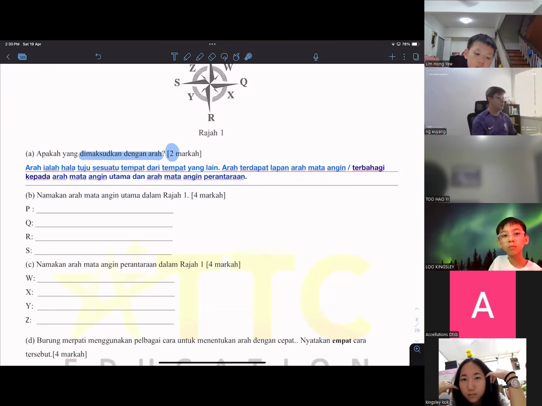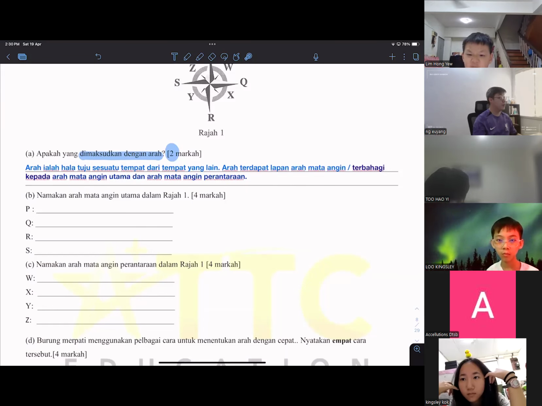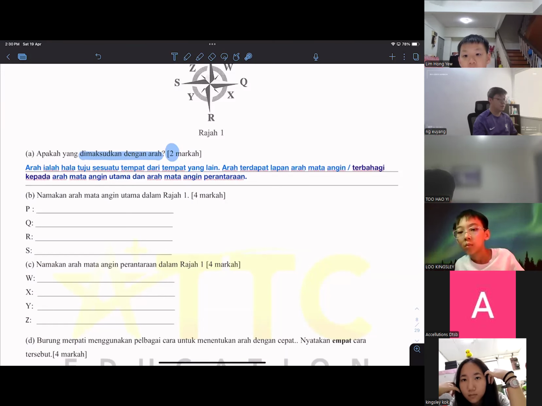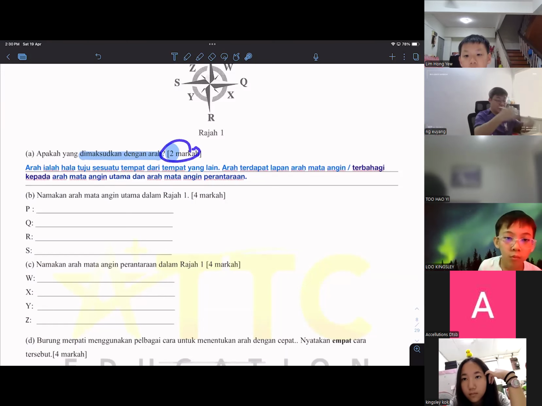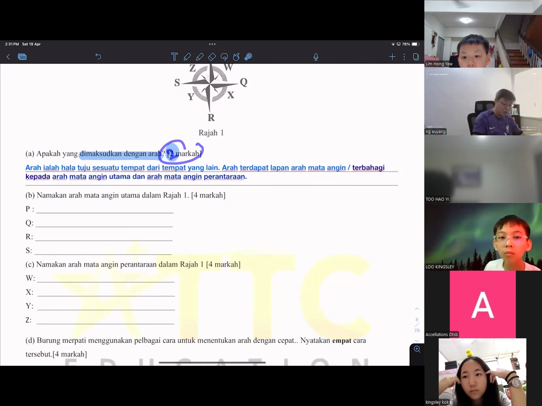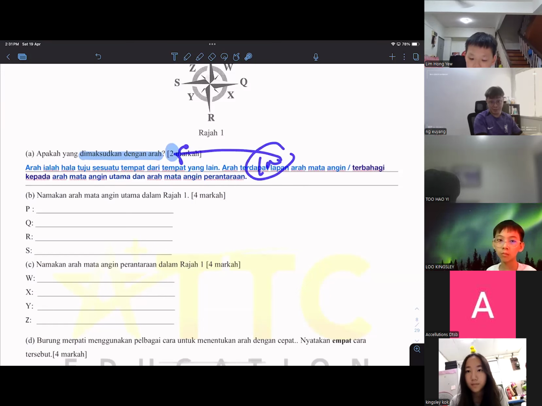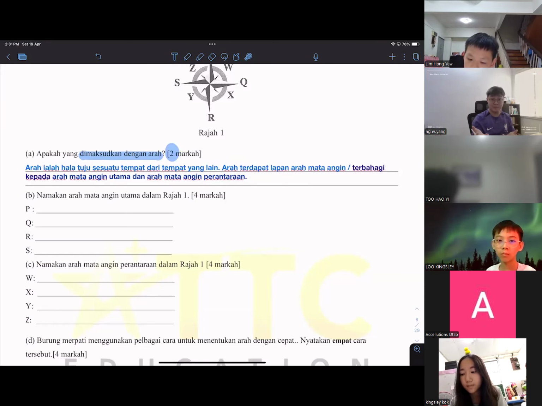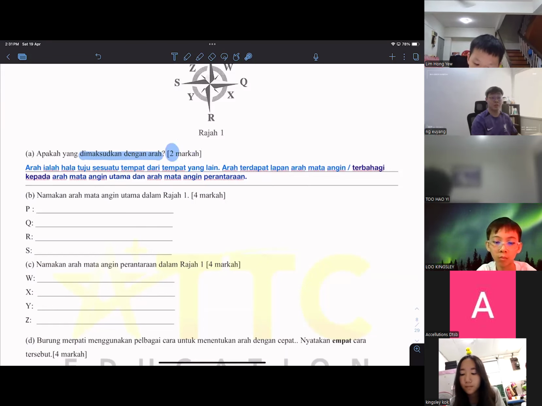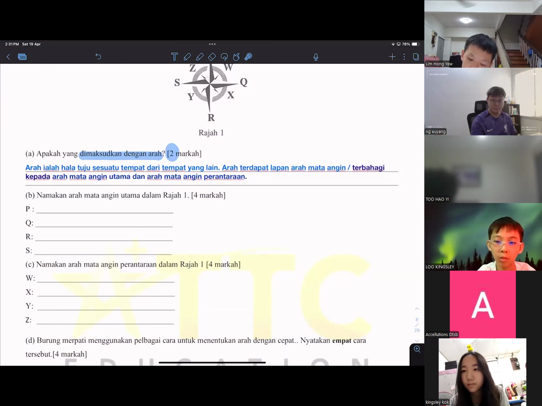Can, Sri Harish? You can break it up into Utama and Perantaran. The question just requires 2 marks. You try to give more, which means, Harish, the question is asking for 2 marks. If you try to hentamkan all the points here, then you could get 100 marks from a 2-mark question. Is it possible? Not making any sense, right? So the question asks for 2 marks, then you give them 2 marks. Even though you try to write more points, it's not relevant.